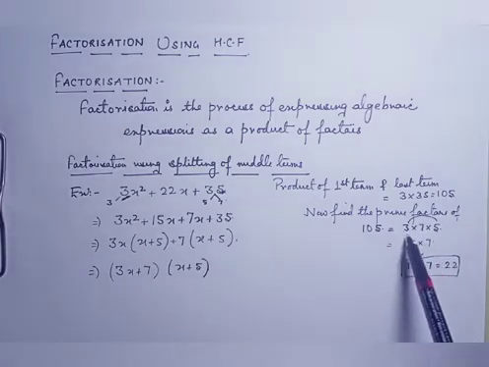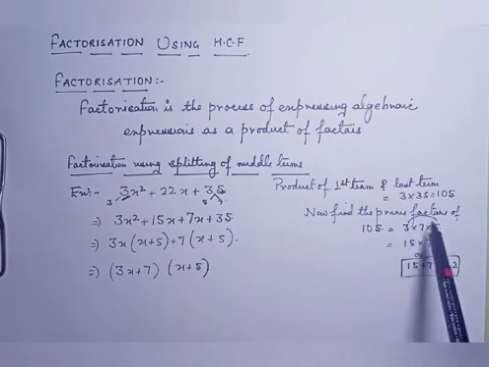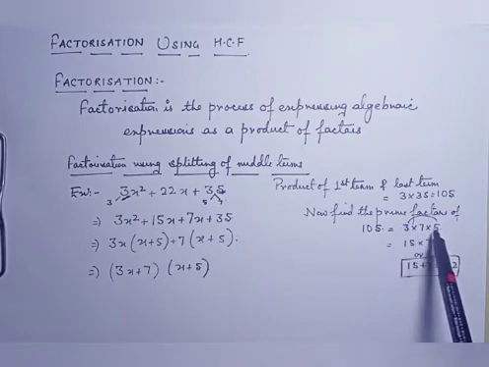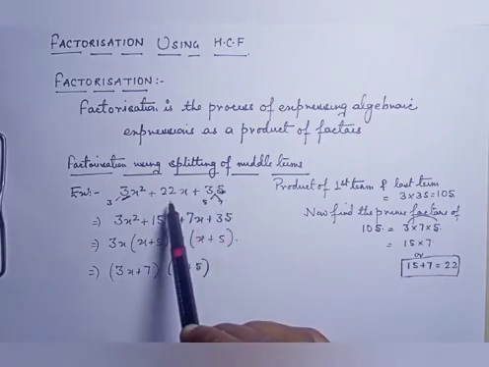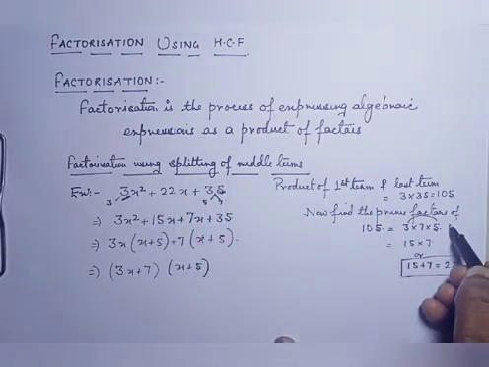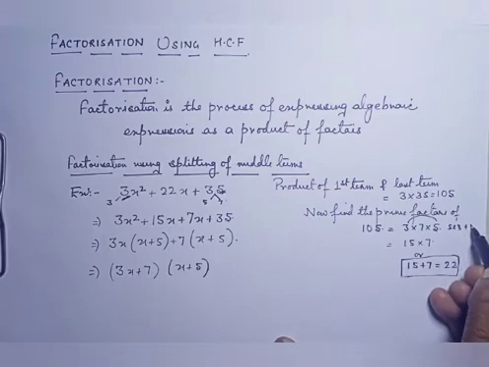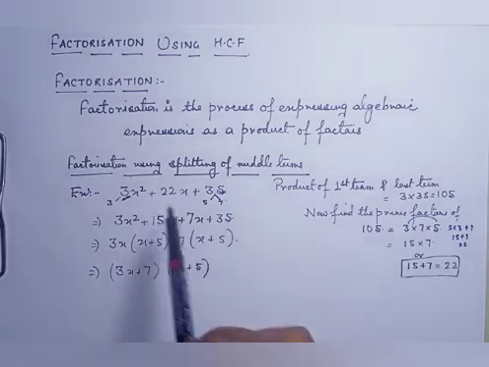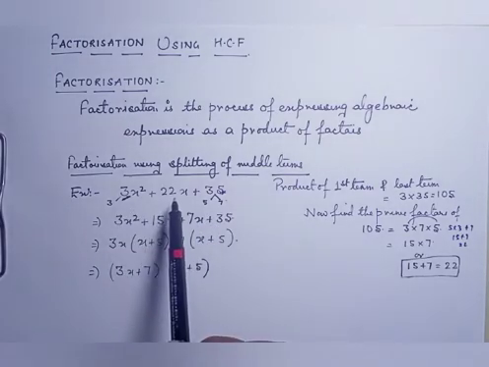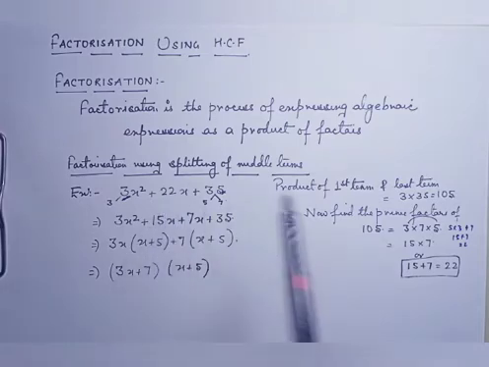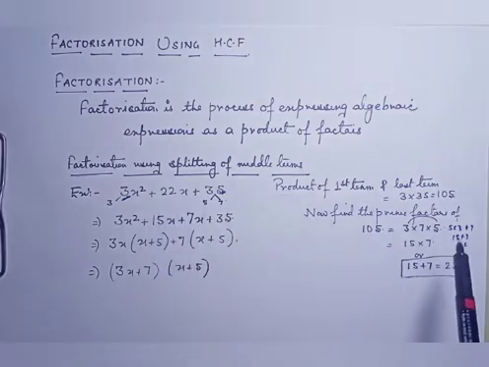Now we are going to arrange these three numbers in such an order that if we take two numbers, like 3 into 5 is equal to 15, plus 7, the product of two, and when we add the third number, we get the sum as 22. So if we write 5 into 3 plus 7, that is 15 plus 7, is equal to 22. In the same manner, if we find the prime factors and put the numbers in sequence, we get the sum as 22.